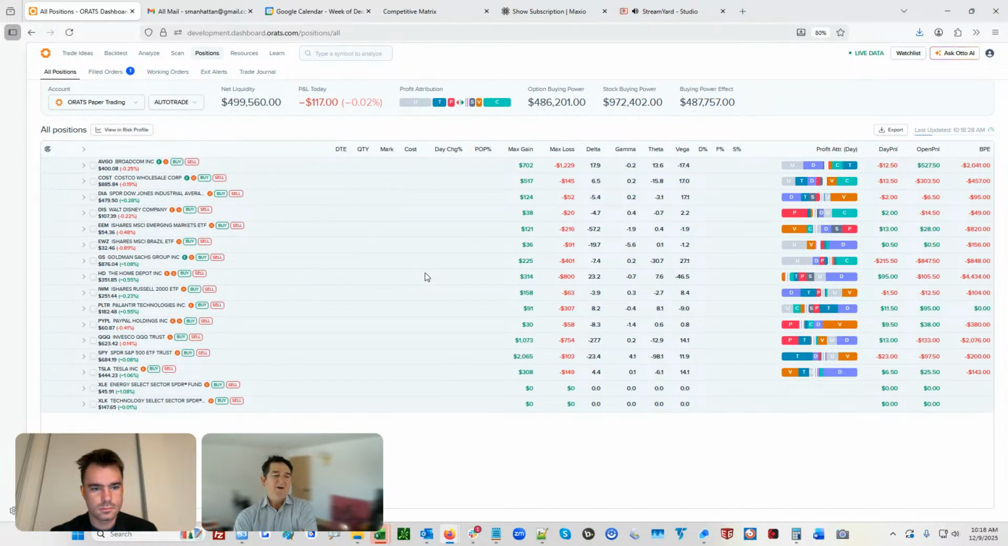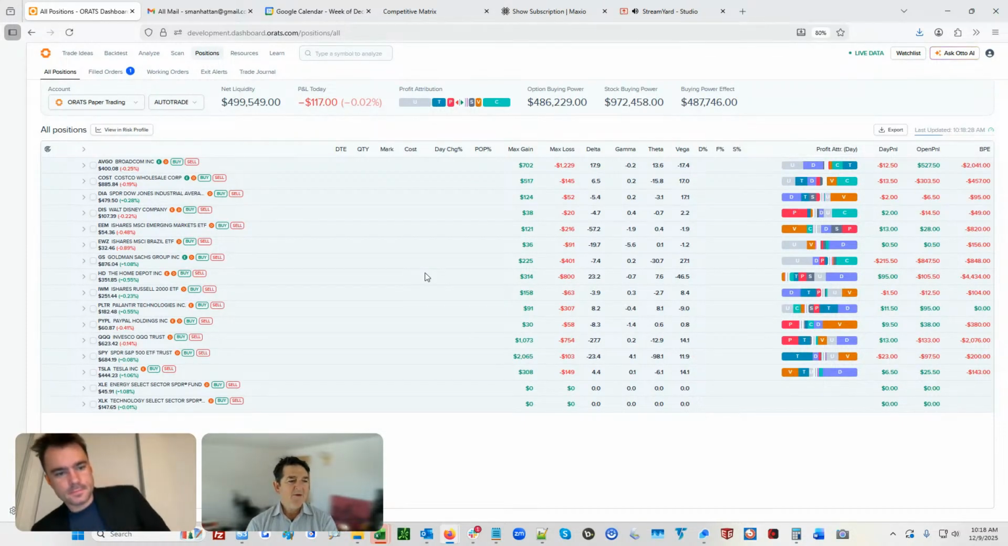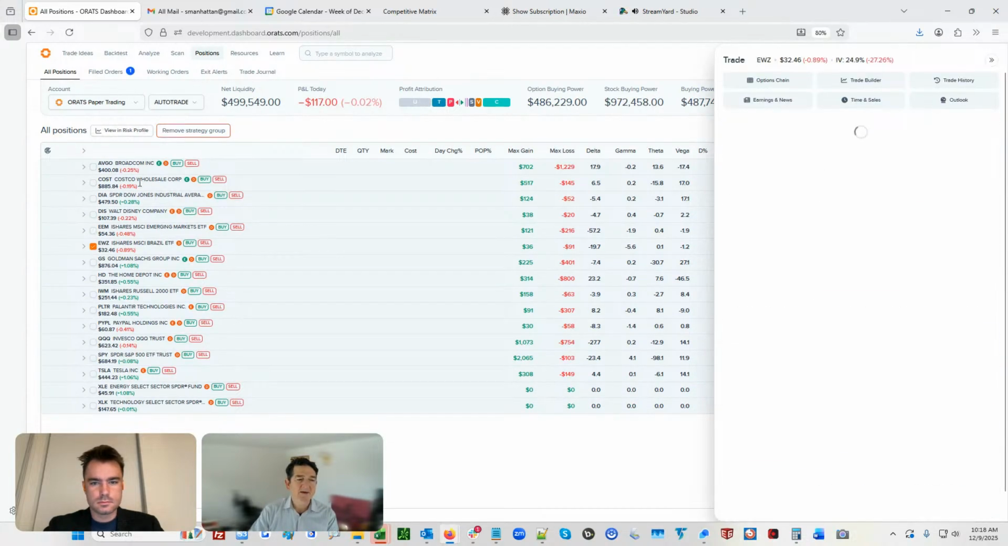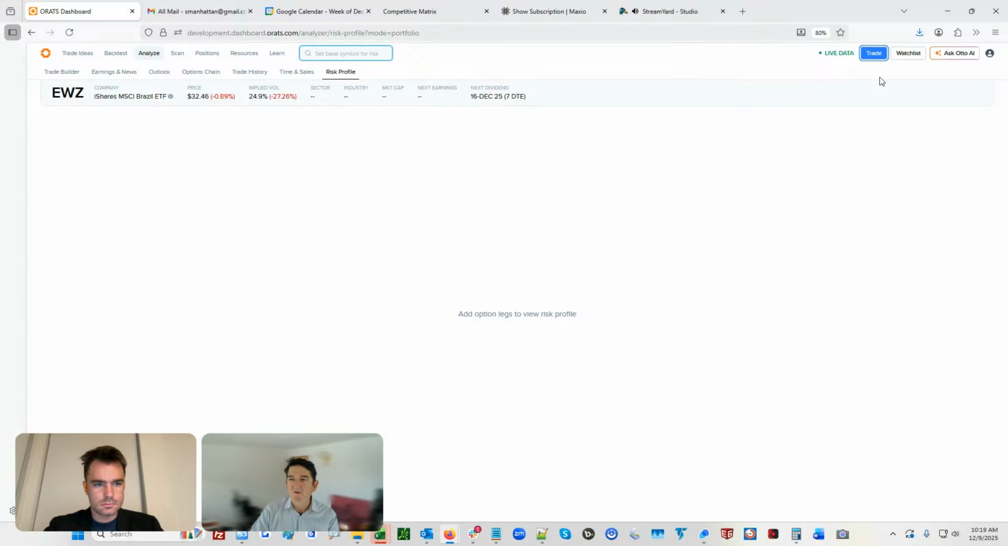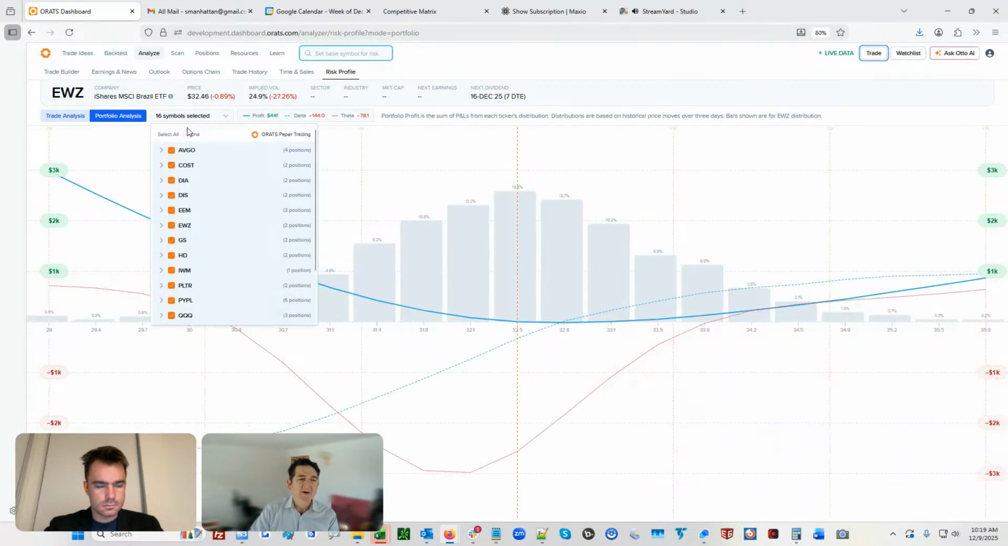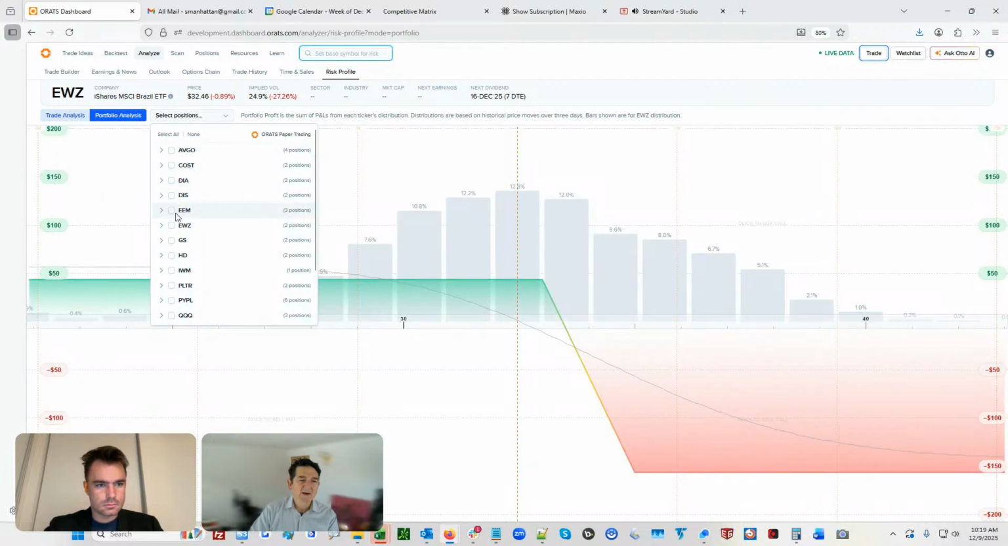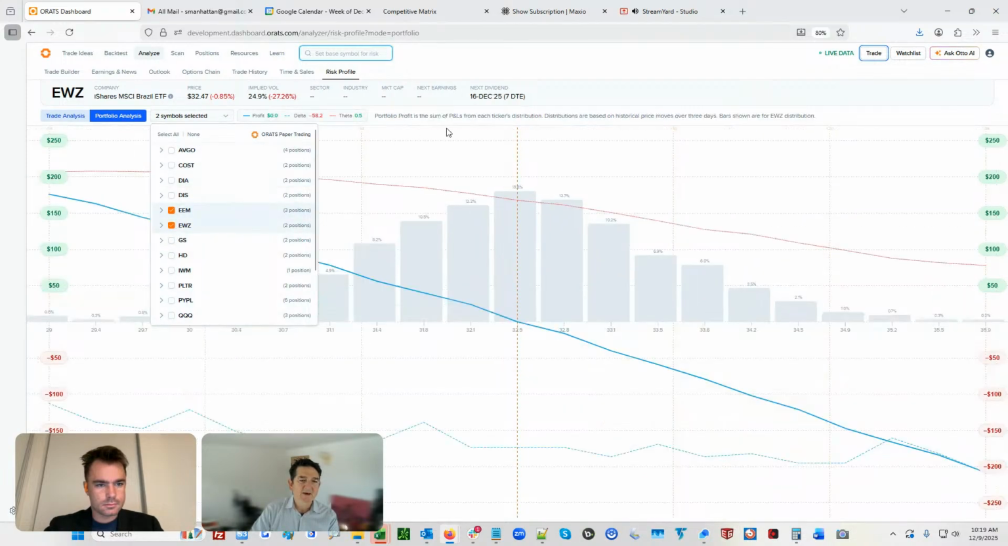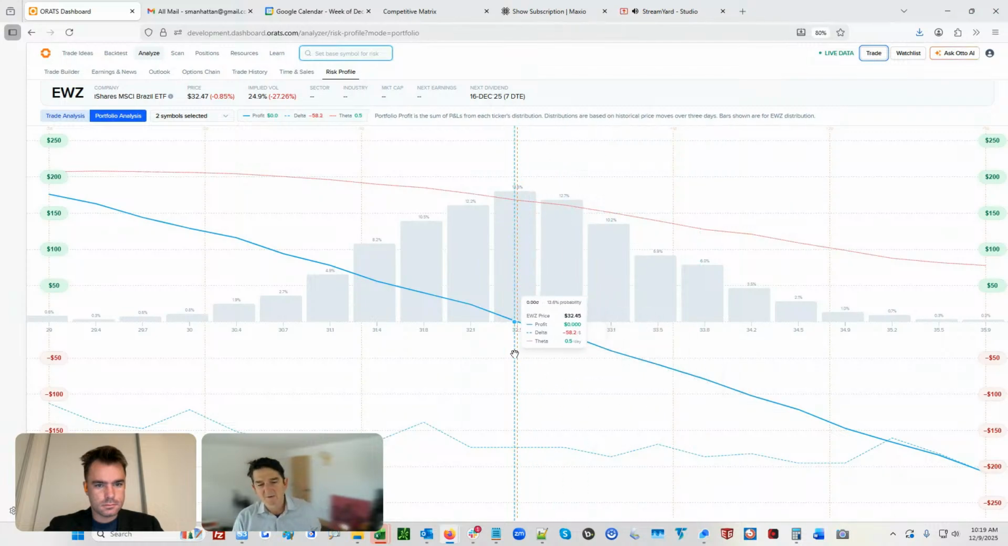Now, let's talk about some of the drawbacks. The drawbacks are, our assumptions are that all these are going to move together. But you don't have to do it that way. I could break it out. Let's just do EEM and EWZ. I could go to the risk profile, select none, and then select just EEM and EWZ, and I could see that, well, shoot, I'm really short in